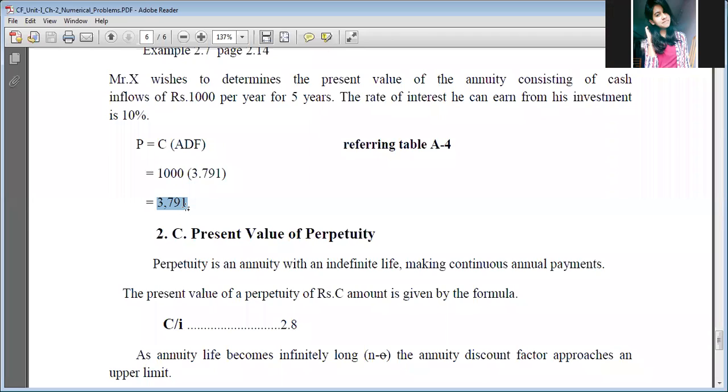No, sir. No. Why no? Can you explain with a simple answer? Sir, if he invests 4,000, he should receive more amount. Okay. So if Mr. X invests 4,000 rupees today, and the present value of the annuity is more than 4,000, then he should accept the project and invest 4,000 rupees, because what he is going to receive in future, its present value should be more than 4,000 rupees.